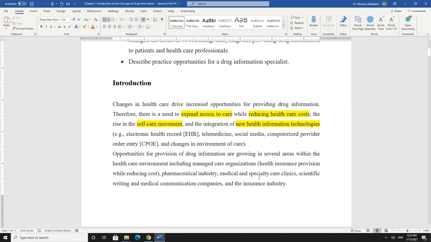The technologies also helped a lot in hospitals, and nowadays you will find the electronic health record, or what we call EHR, and it's better for you to remember this, where the diagnosis and the medication taken by the patients or prescribed to the patients are available even if the patient goes to another hospital. We have what we call electronic health record.